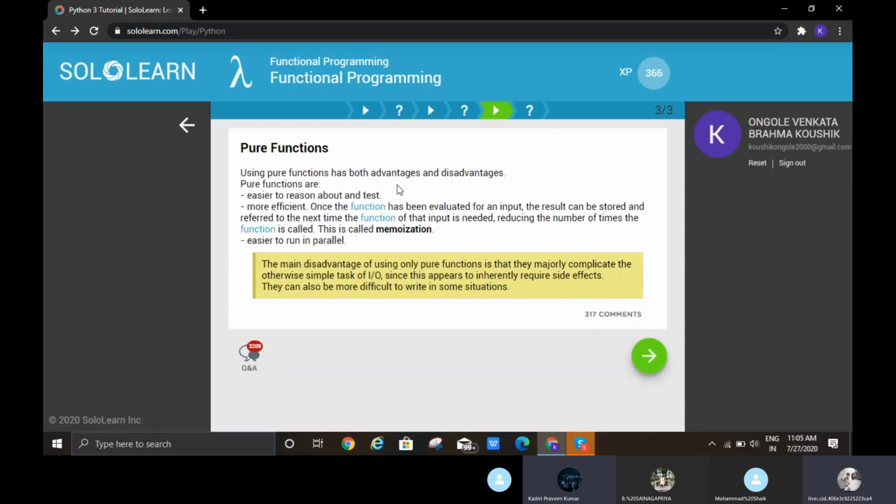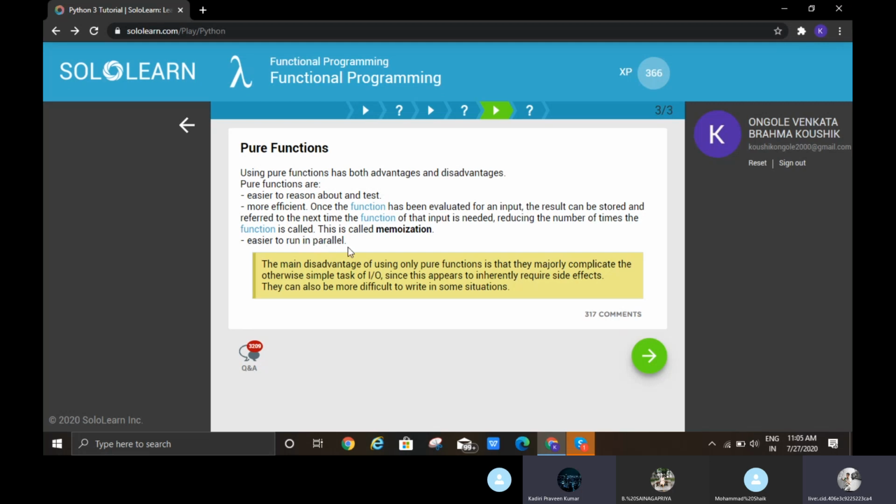Using pure functions has both advantages and disadvantages. It is easier to reason about and test, and more efficient. Once the function has been evaluated for an input, the result can be stored and referred to the next time the function with that input is needed, reducing the number of times the function is called. This is called memoization.